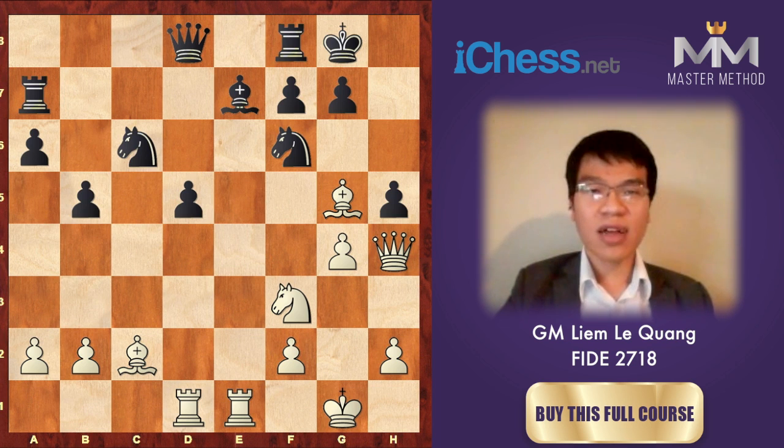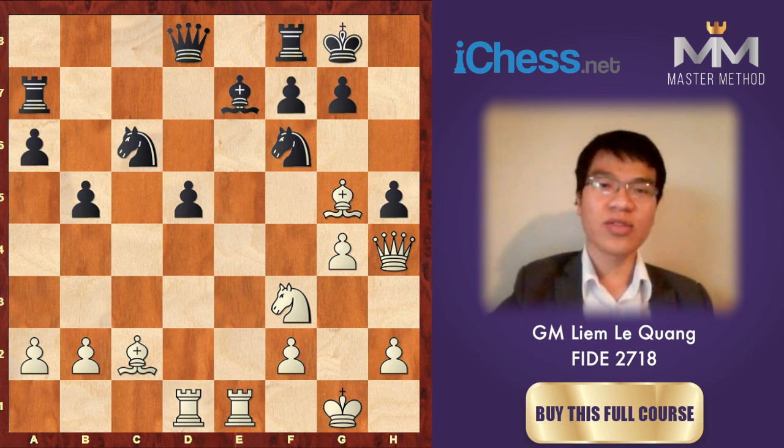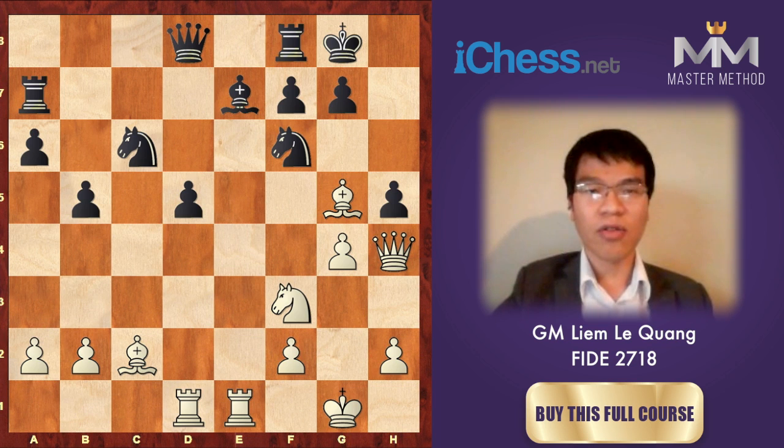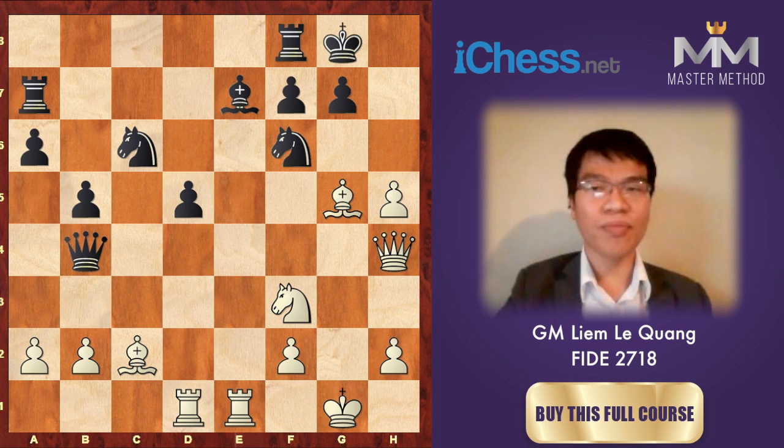The attack doesn't stop, and Kramnik threatened to take on h5 with the pawn, and obviously black cannot capture on g4, so he played queen d6, and Kramnik continued with g takes h5. Anand tried to exchange the queen with queen b4. Kramnik played h6, queen takes h4, knight takes h4,